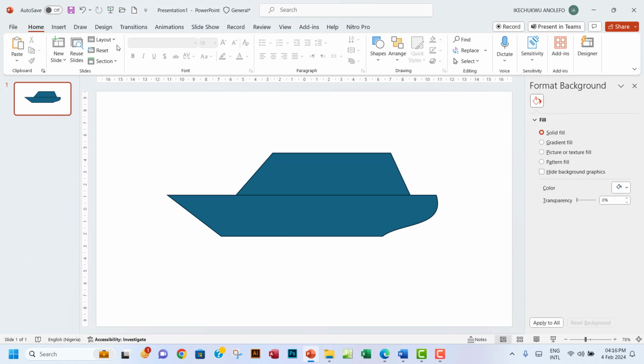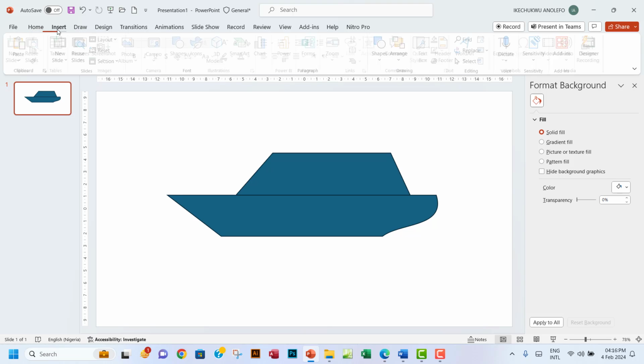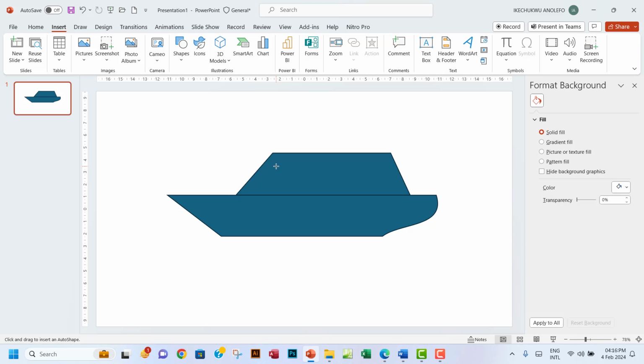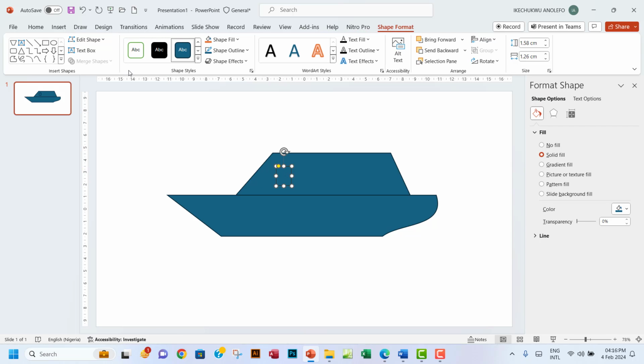Let me add the windows. For the windows, I'm going to go to insert one more time. Which one will I take? I will take this shape here, and then maybe draw something like this, right? And then of course I'm going to have a line too. Let me just put a line up here, holding down my shift key to draw the line,